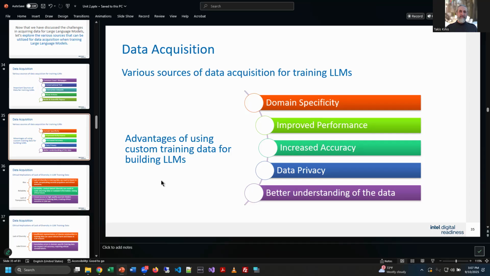So customized training data, say, okay, you can look at our policy manual for Gateway and you can see how we do it. And here's the advantage of that. Well, it's specific to us. So it knows what we're doing and can give you an answer specific to what we're doing within our own context, which is correct for our organization, right? So that makes it perform better. It's more correct. The data is not shared with the outside world. It's more private.